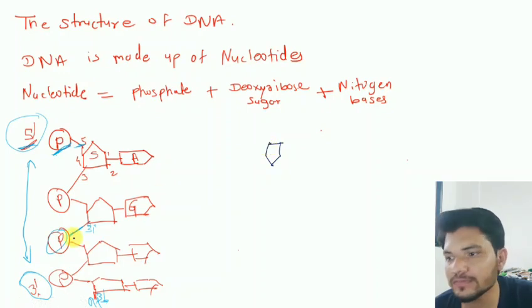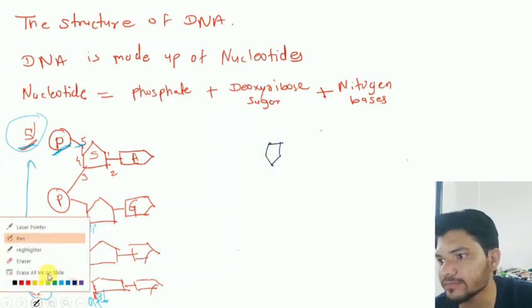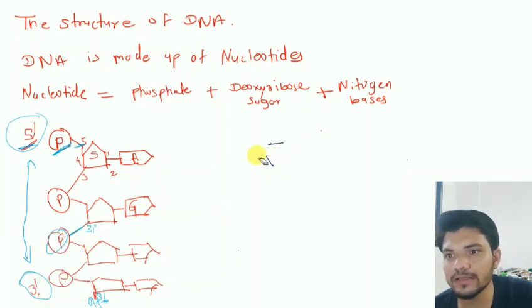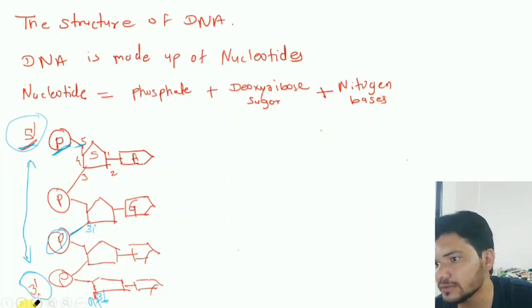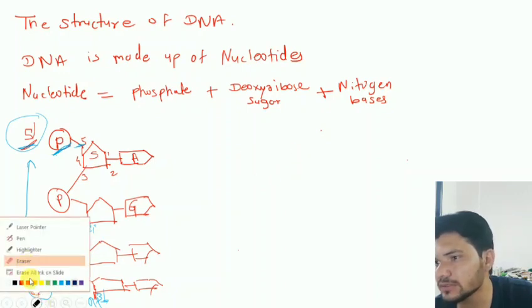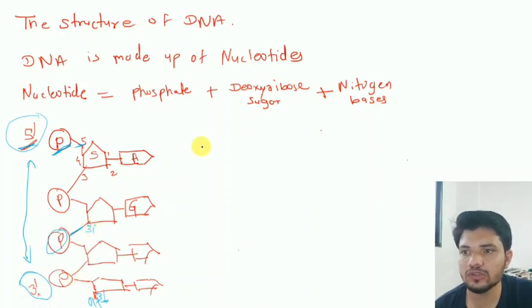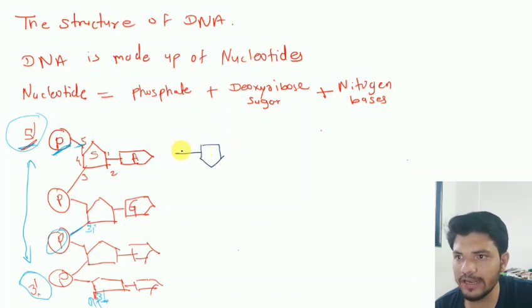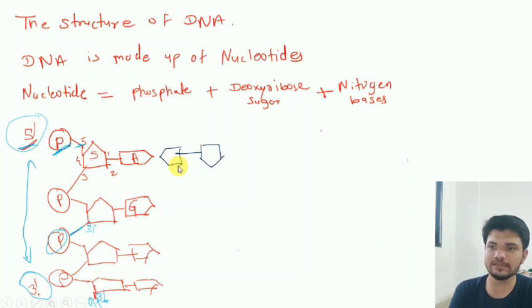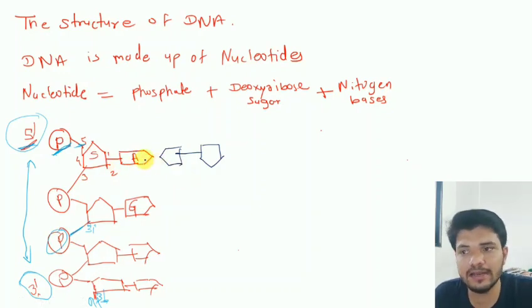The sugar will be present like this. I drew it too far out. Let me close it. Okay, so here you can see the structure of sugar, and the sugar will be attached to its nitrogen base. Let's say in the opposite strand, at the adenine there will always be thymine present.